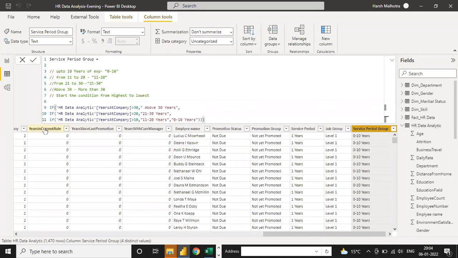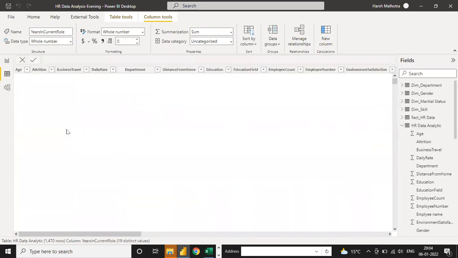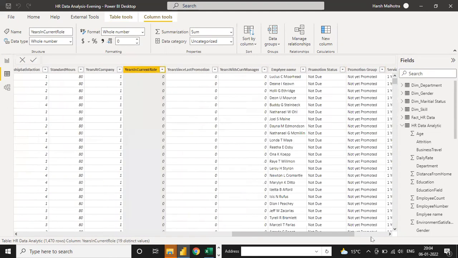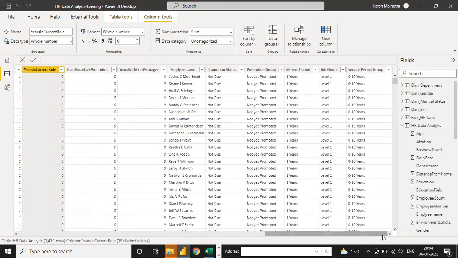Now you have to write one condition, years in current role. Suppose if any employee having the same profile has experience of more than 15 years, it means the person is looking for a change, which falls under retrenchment. If the employee has less than or equal to 15 years of experience, then they are on current service, on service. So we have to write a condition for how many employees are looking for a job. On that basis, we are going to deal with another management department for maintaining that.